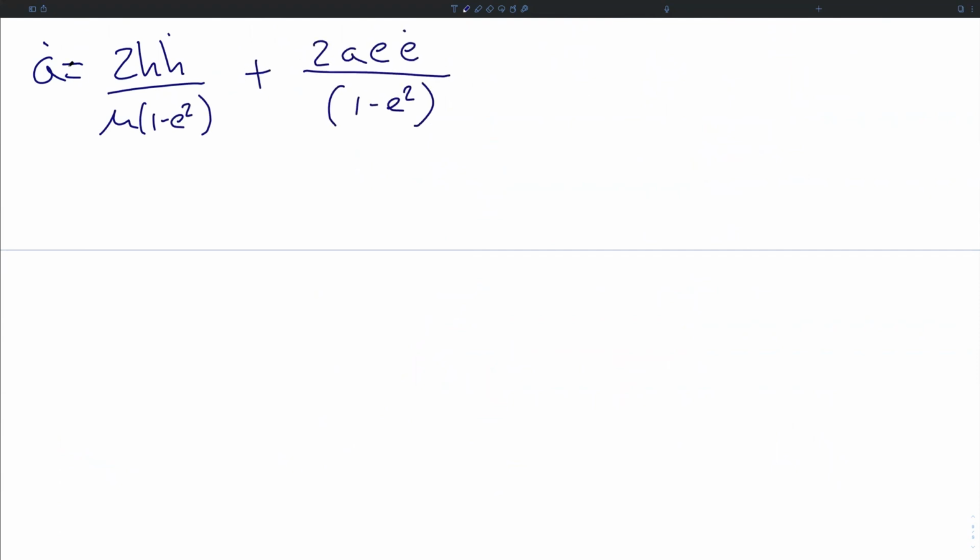The change in semi-major axis is equal to 2h h dot over mu times 1 minus e squared plus twice a e dot over 1 minus e squared. h dot is going to be given by the orbital radius times the tangential component of the perturbing force. And we've already written out the expression for e dot. So when we put everything together, we will get an expression for a dot that looks like,